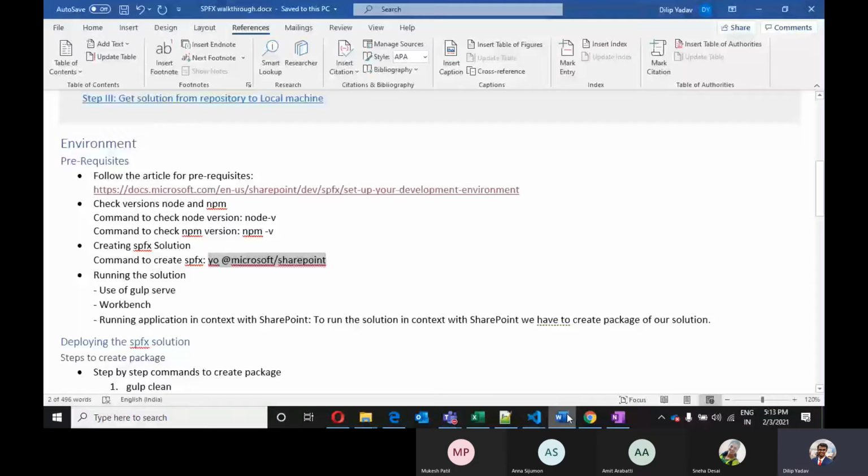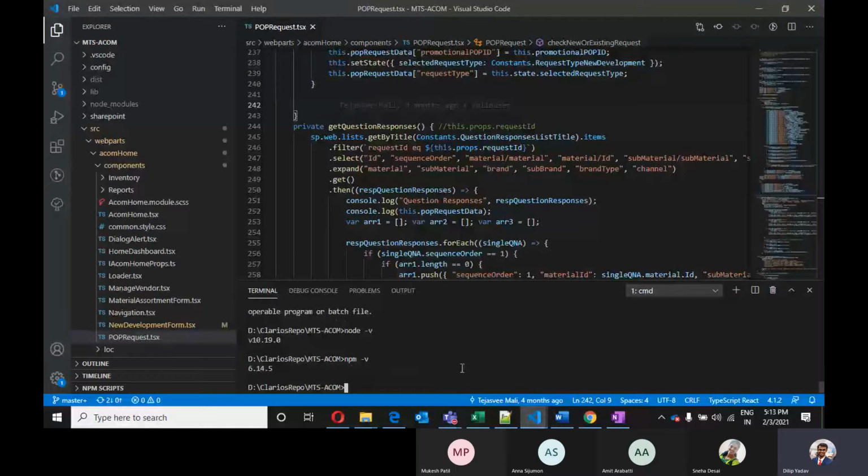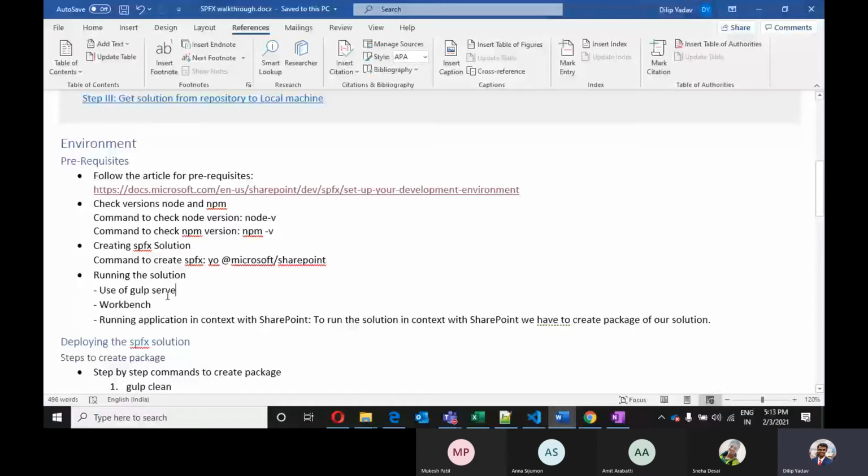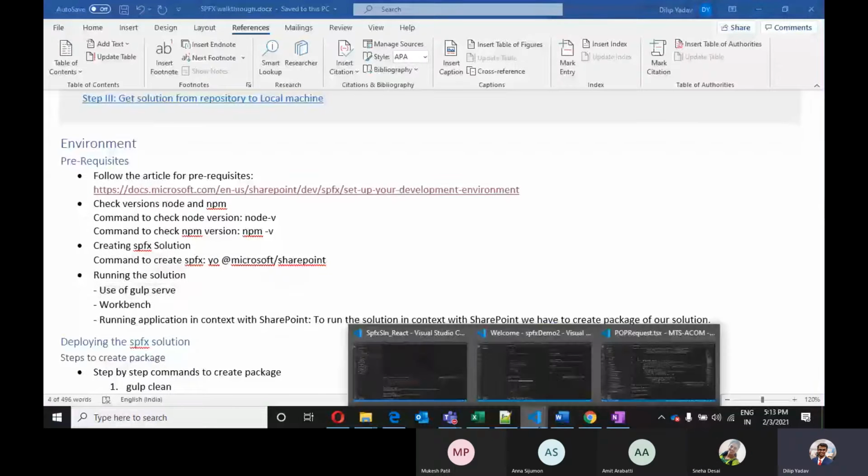So once we have created our solution, the next step is how we can run our solution and start the development. I have one of my previous project folders. I will demonstrate with that how we can run our solution. We have to hit the command gulp serve.